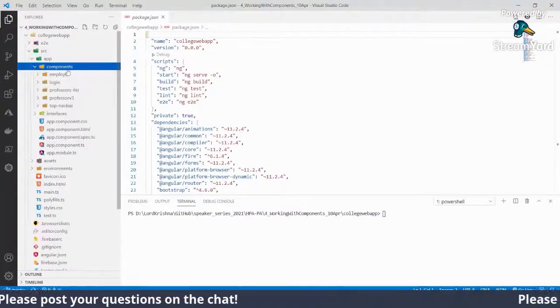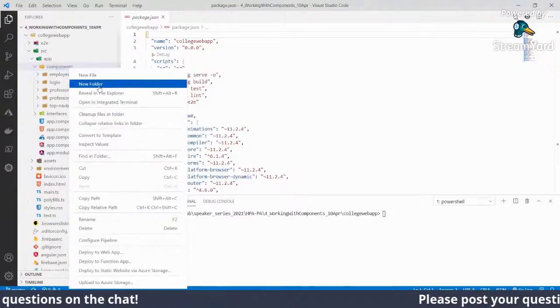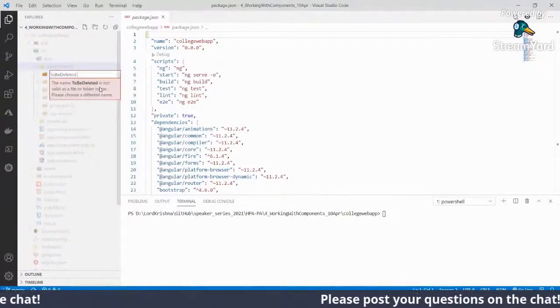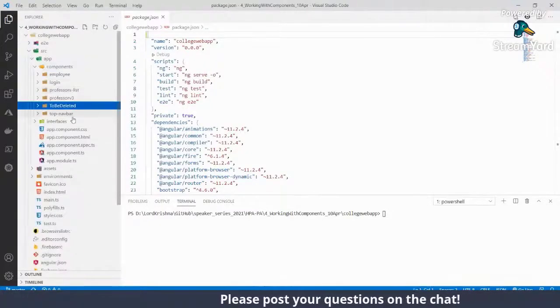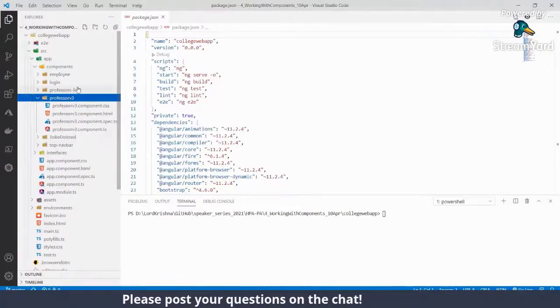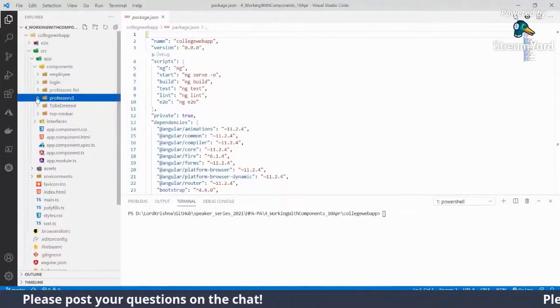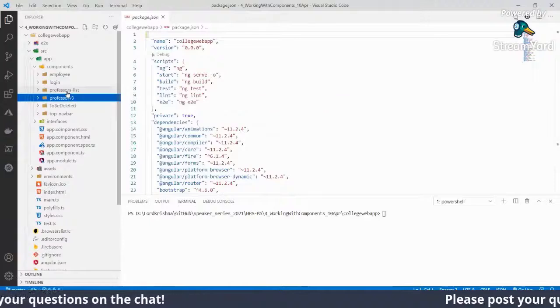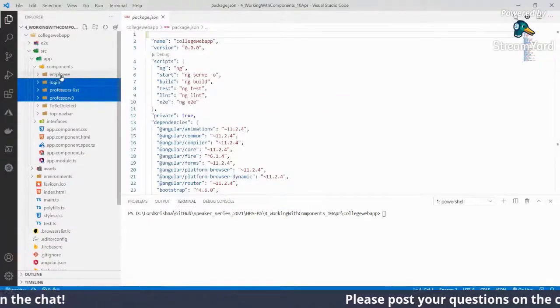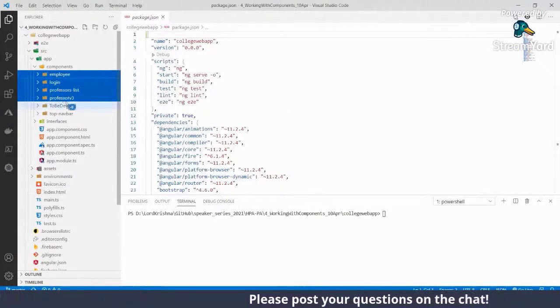Here inside the components, I am creating a new folder. I'm calling it to be deleted, and inside this I want to move all these guys, this one, and this one. I want to move everyone.